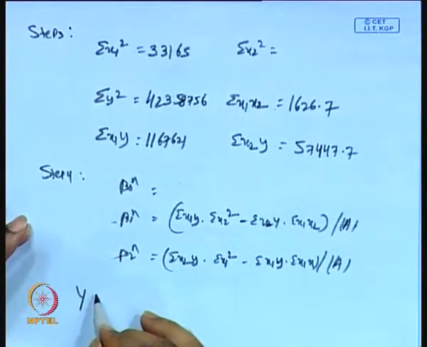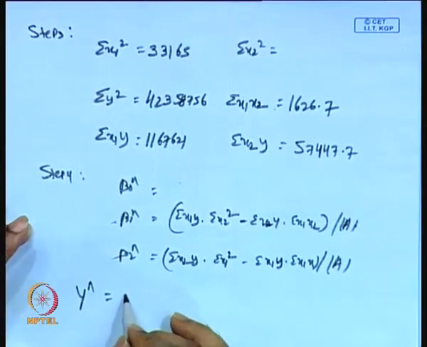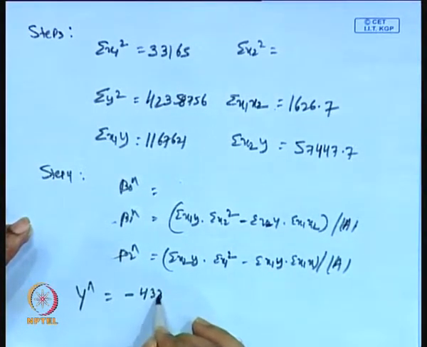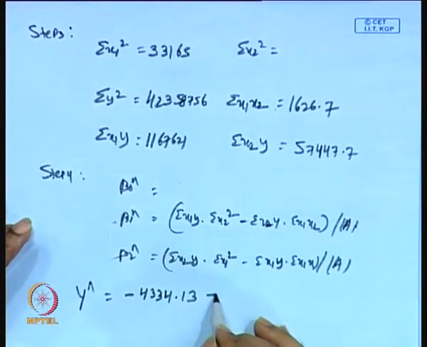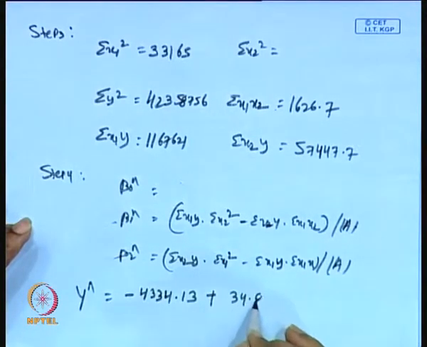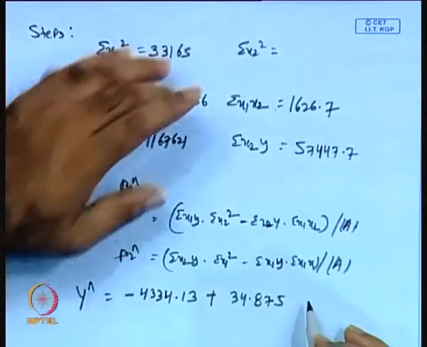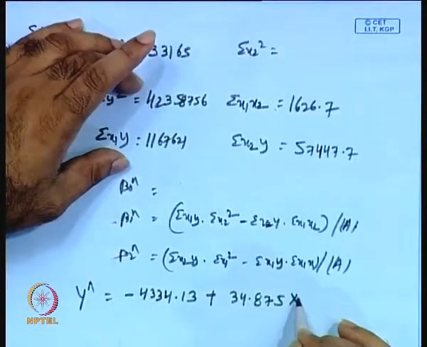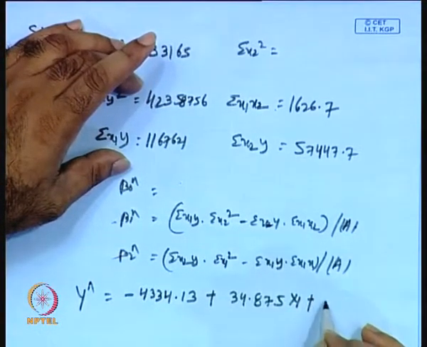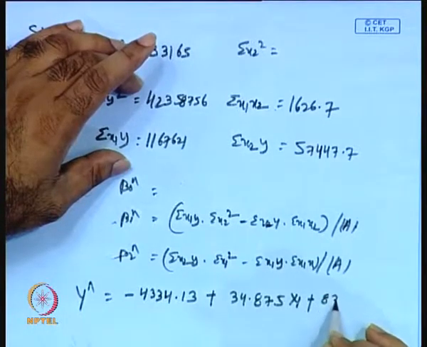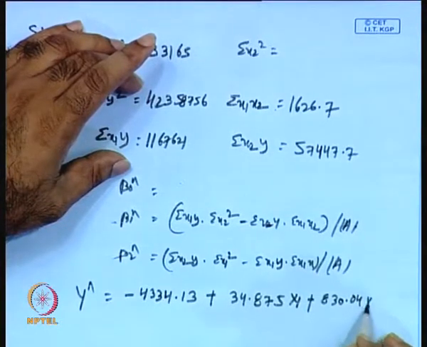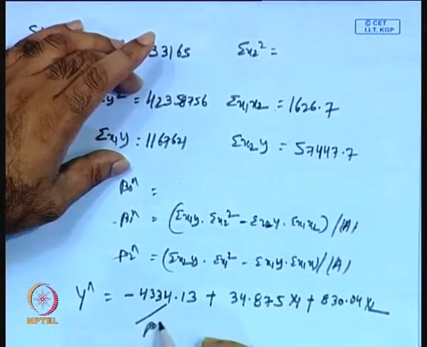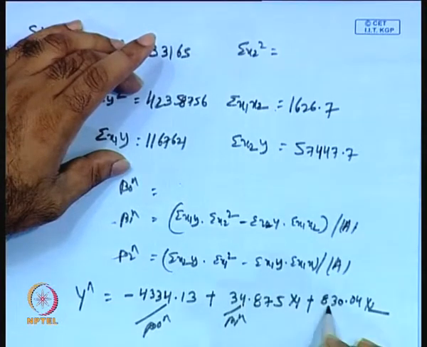We have to write like this: y hat equal to beta 0 hat, which is nothing but minus 4334.13, then plus 34.875, which is obviously x1, plus 830.04 x2. So, this is beta 0 hat, this is beta 1 hat, and this is beta 2